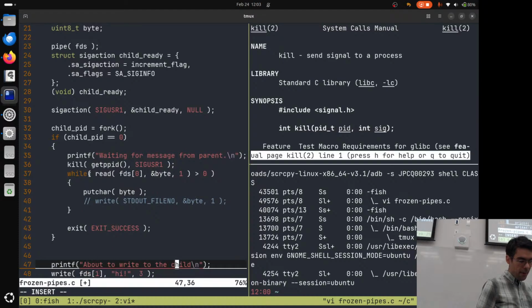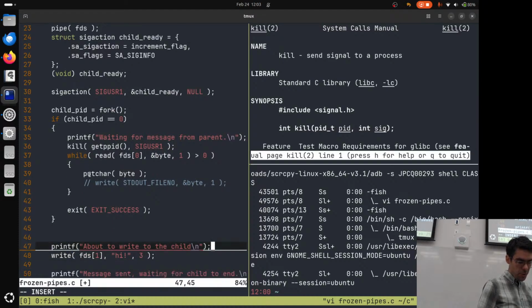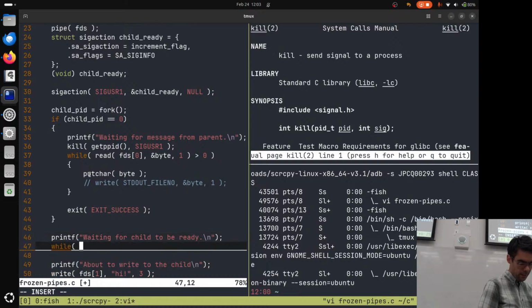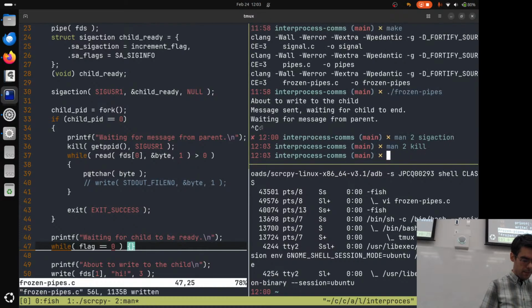And what I want my parent to do is wait for the child to be ready. While flag is equal to 0, spin around. Just do nothing while the child has not signaled to me that this thing is ready.